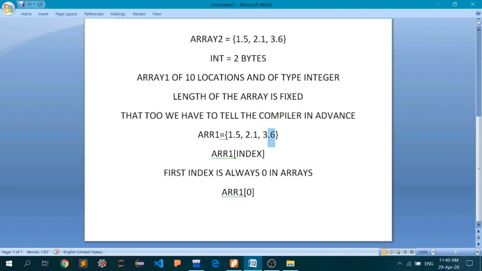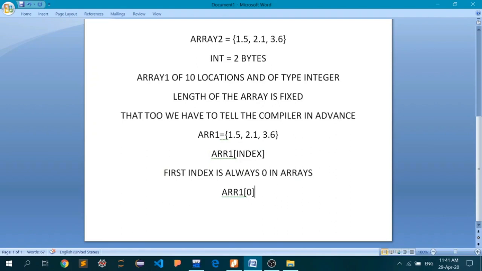So the length is 3, that is fine, but the index starts from 0th, 1st and 2nd. That is how you access a particular data point in your array. Keep that in mind. Index always starts with 0, always.